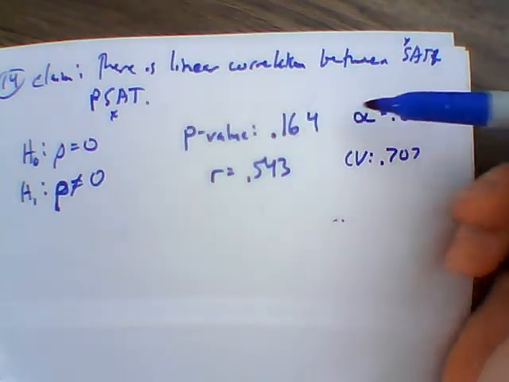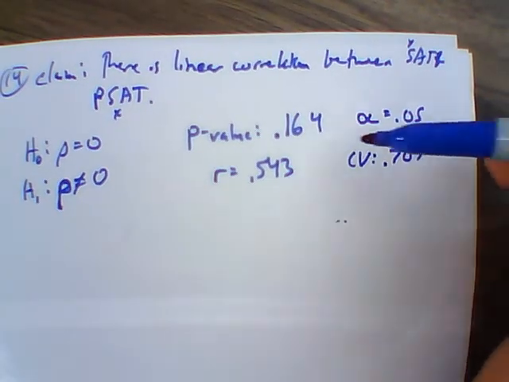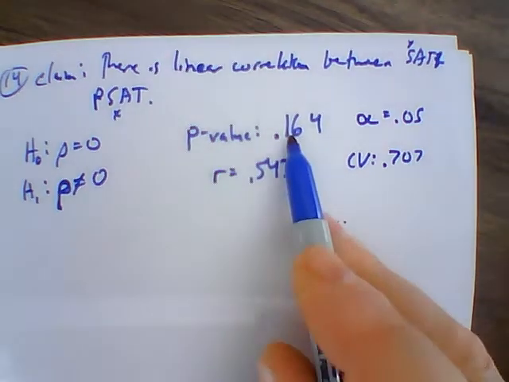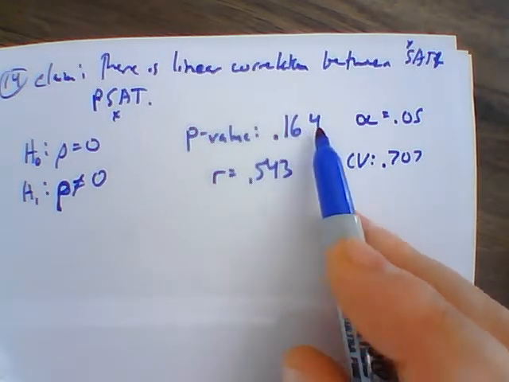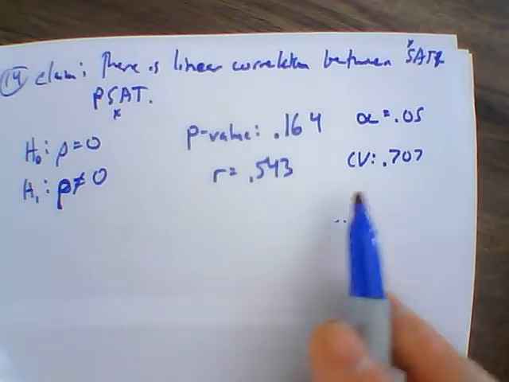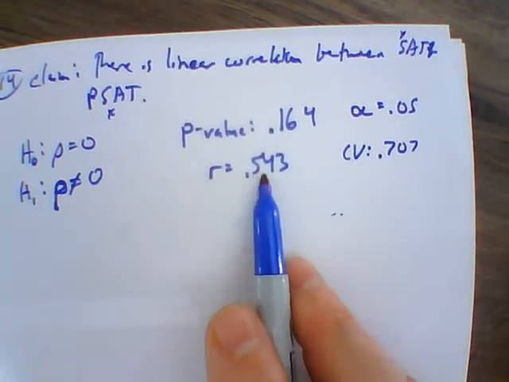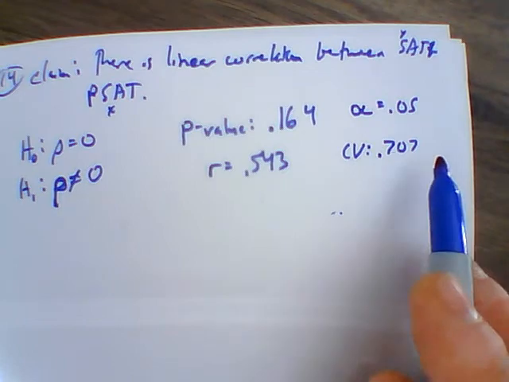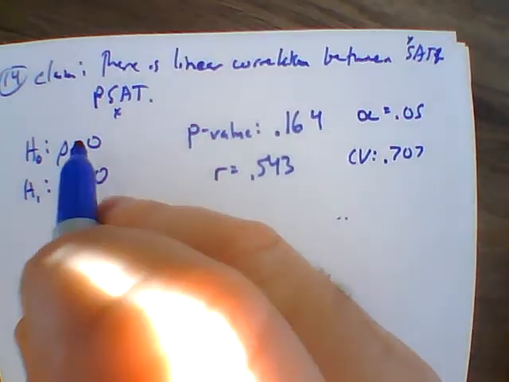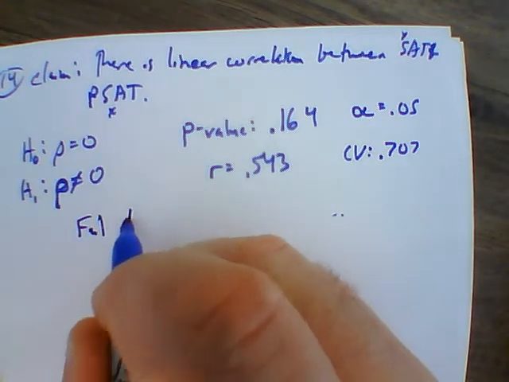Either way, we see this is not smaller, this is not larger, so we're not in that critical area that it would be. Once again, the p-value tells us the area, so our area here is greater than what a 95% confidence would be. Under this one, our value is not larger, so we're not past what this critical value would be. So in this case, we fail to reject